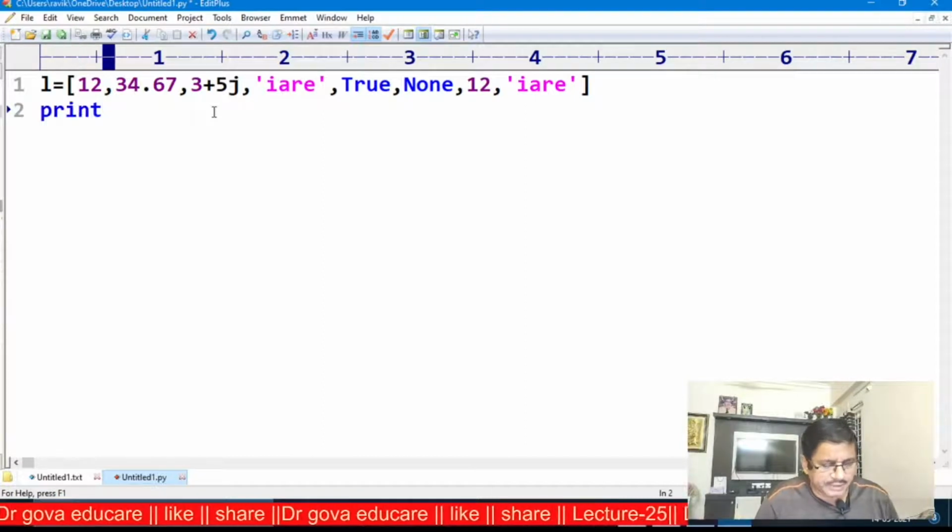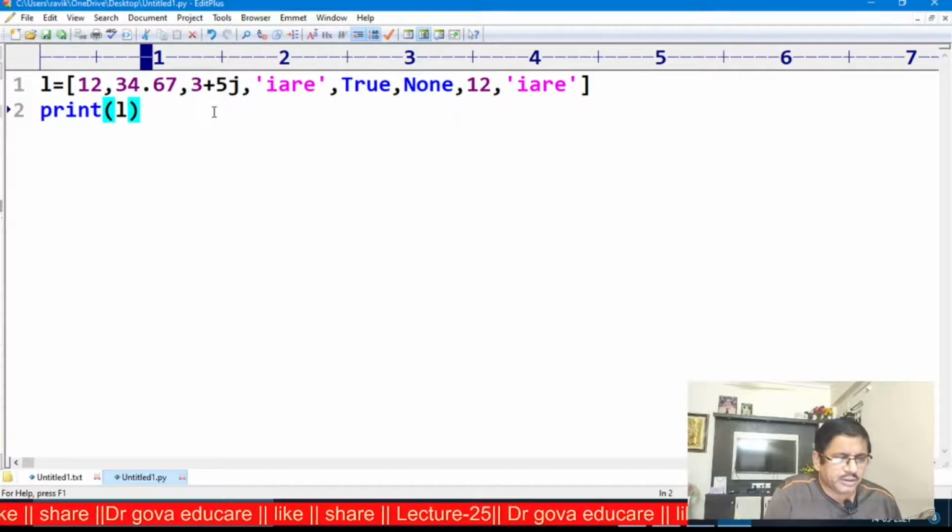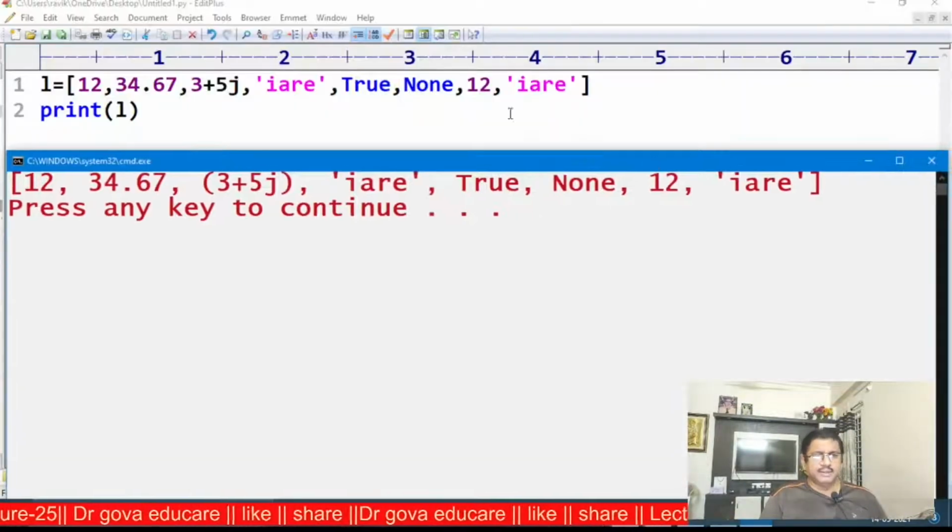It is the built-in function, print of L. Now I am executing this program. This is the output. The same order: 12, 34.67, 3 plus 5j, 'IRE', True, None. The same order is displayed on the screen. That is, the insertion order is preserved.